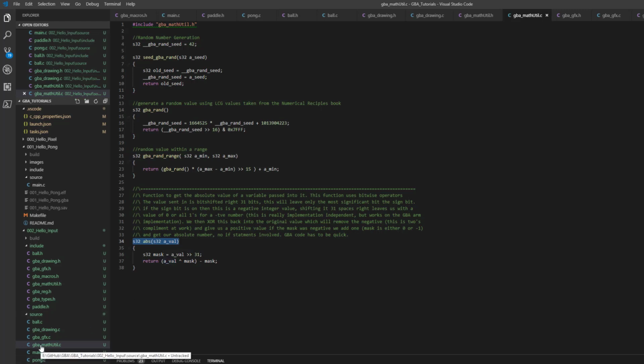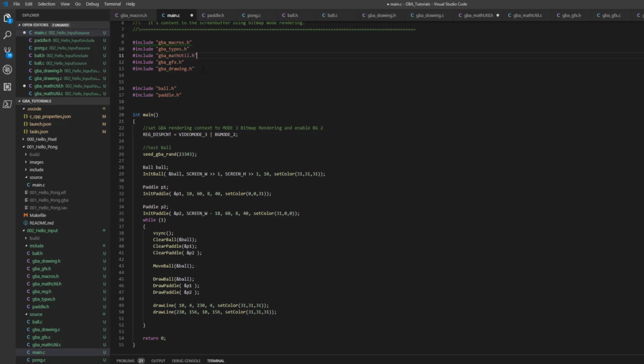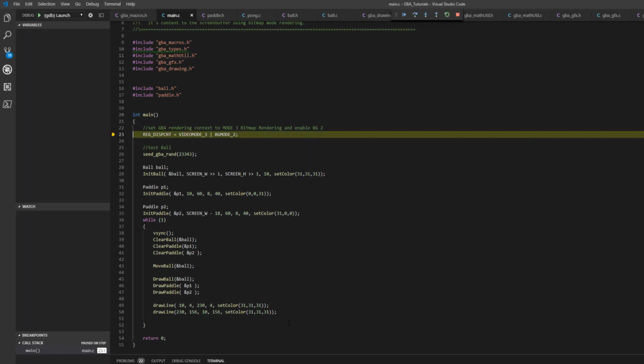And if you want to get rid of this, just go into GBA drawing.c and include mathUtil in there, because I believe that's probably using it. But what we can do for now is I'll just rearrange the include order. So I include types, mathUtil, and then graphics and drawing. And then we'll build, and there's no issues with that now. Okay, so it's either in graphics or drawing. Drawing's making use of it. So if you go into GBA drawing and include it, but we can see now that's built and it's run,